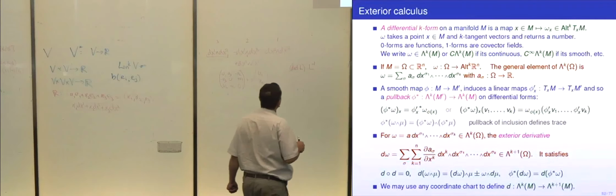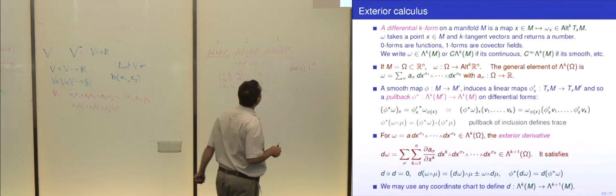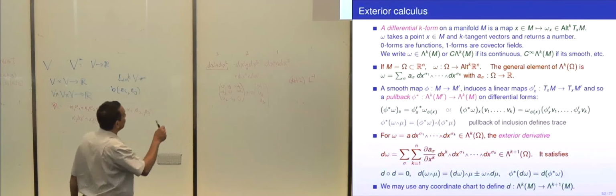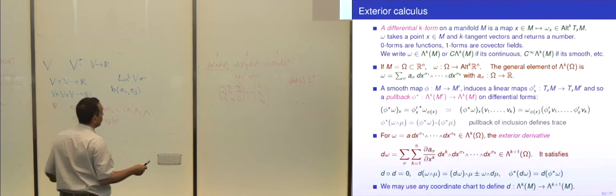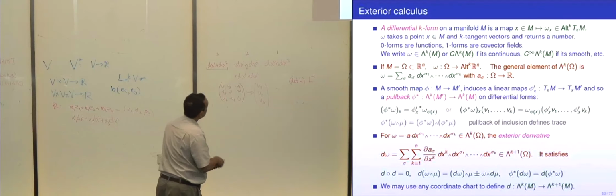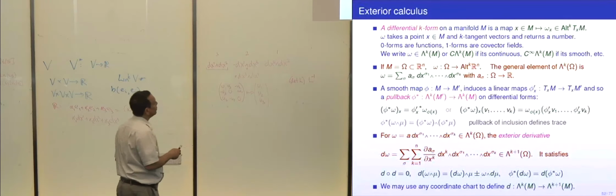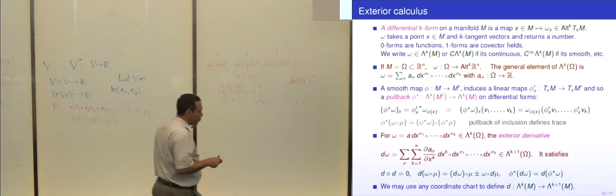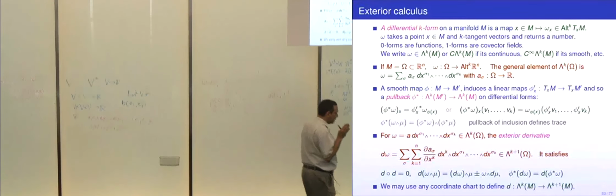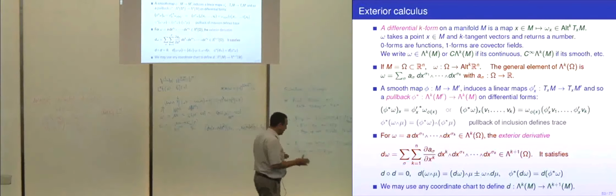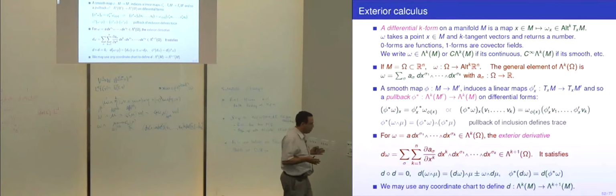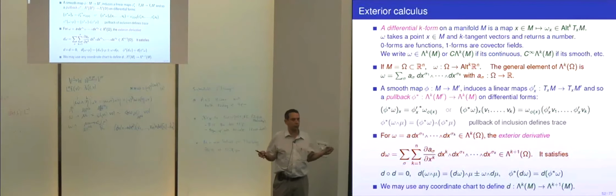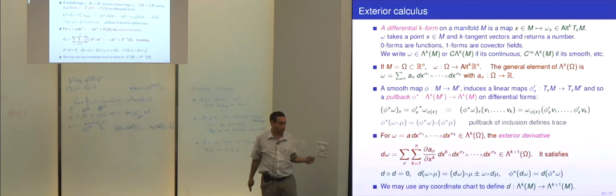Okay, exterior calculus is now we have a field of these. At every point we have one of these, and we want to differentiate and integrate. So the natural place for exterior calculus is definitely smooth manifolds. And you saw some of the things I did required an inner product on the vector space, and some I didn't. The ones that don't require an inner product are on any smooth manifold, and the ones that do are on a Riemannian manifold, which is a manifold where the tangent space has an inner product at every point.